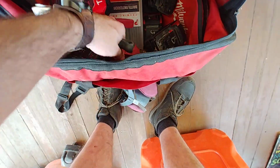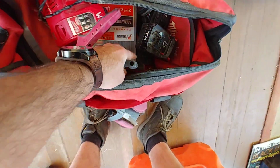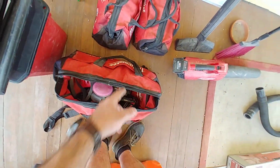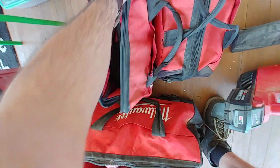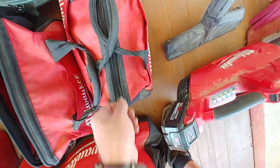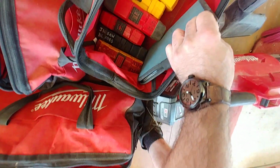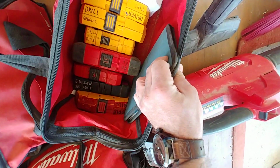I've got my seaming pliers and crimping pliers in case I run into any heating ducts for whatever reason, and to that end I've got the respirator here. Incidentally, if I run into any electrical that needs to be routed, we've got all my electrical tools in here. And then this is all of the drill bits, spade bits, jigsaw blades, socket driving bits, special drill bits,